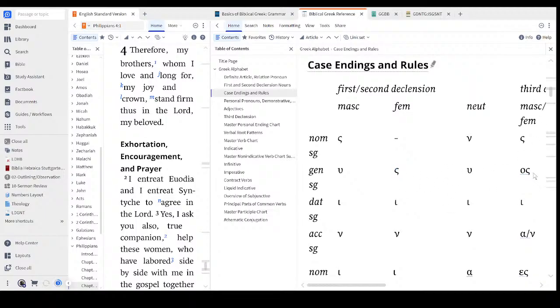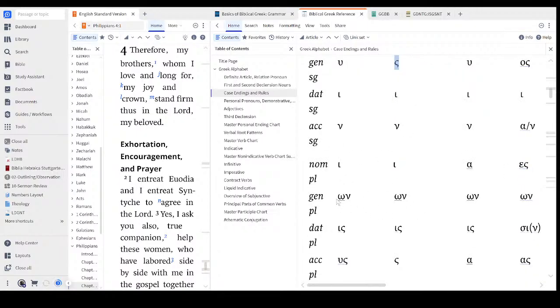Now for the third declension, it's os. This right here is your omicron, and here is your sigma. And it looks like a squiggly thing because it's at the end. So the sigma can take two forms, and we're going to see some, but whenever it's at the end of the word, it's always like this. Now we scroll down. The great thing